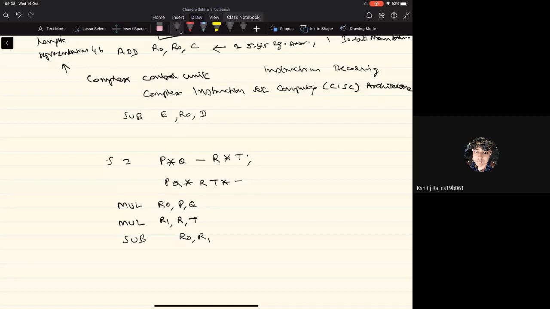So we have to subtract the product of R and T that's available in the register R1 from the product of P and Q that's available in the register R0. And this has to be put in the destination operand, which is the variable S here, right? So basically, the translation of the higher level language arithmetic statement into a sequence of machine instructions. These are what are called the machine instructions.